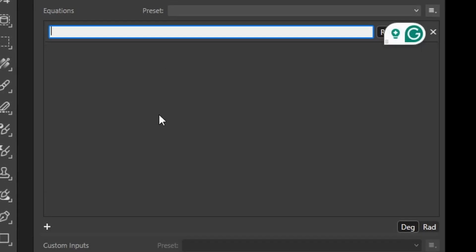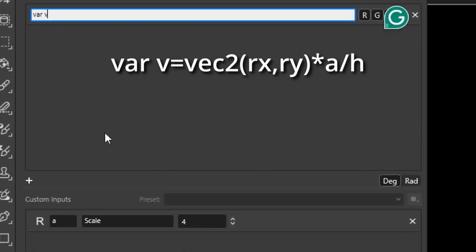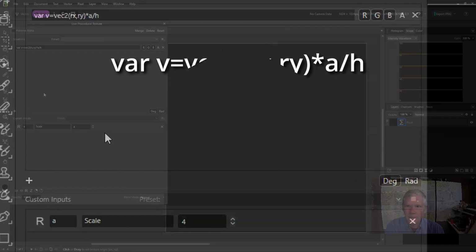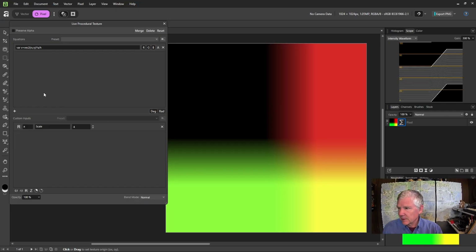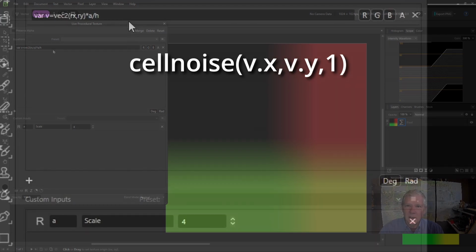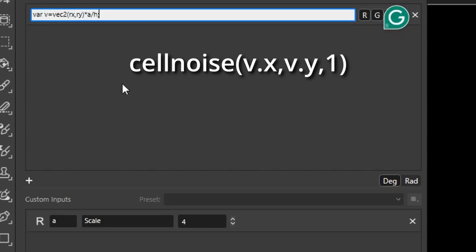First, I'll create a coordinate system. So that'll be a variable v equals a 2-element vector for the x and y coordinates, and I'll use the relative x and relative y, so that I'll be able to drag it with the mouse to reposition it, and then times a, my scaling factor, and I'll divide by h, the height of the document in pixels. So there is my coordinate system, and now I'm going to use the cell noise to